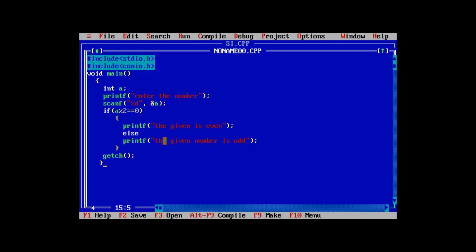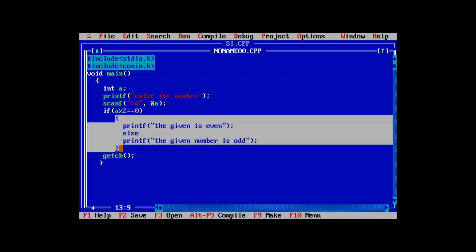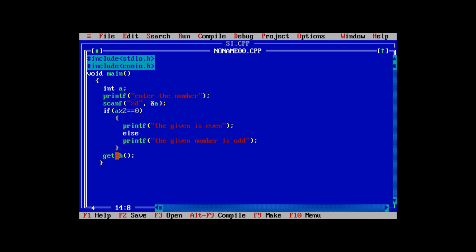So first of all, getting the number from the user, that is enter the number, scan the number, use the if condition. When the number is divided by 2, if it gives the output 0, then printf the given number is even, otherwise, that is if it is not equal to 0, then printf the given number is odd number. Then this will be closed, and then using the getch